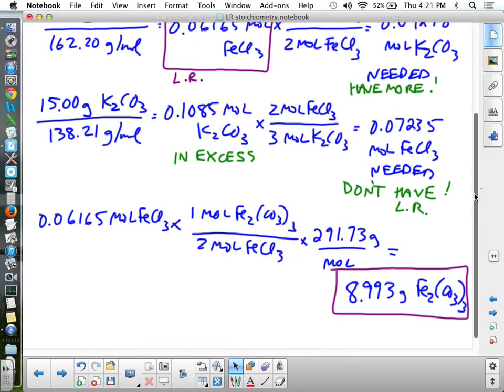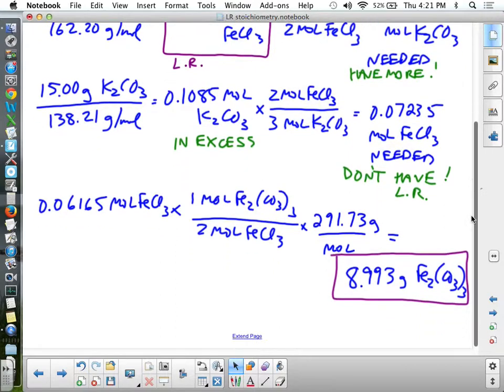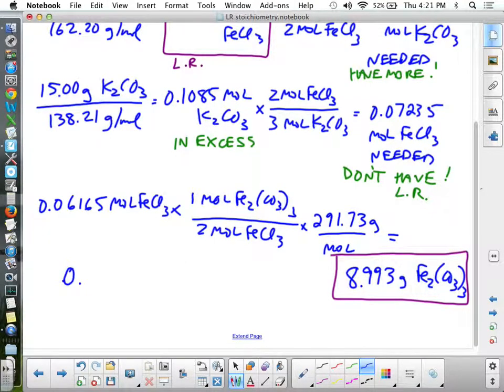The final question is, how much of the excess reactant is left over? Well, we know that potassium carbonate is present in excess. There's the amount that we start with. There's the amount that actually reacted. So to figure out how much is left over, I simply subtract one from the other. So 0.1085 moles of potassium carbonate that I originally had, minus the 0.09248 moles of potassium carbonate that reacted,